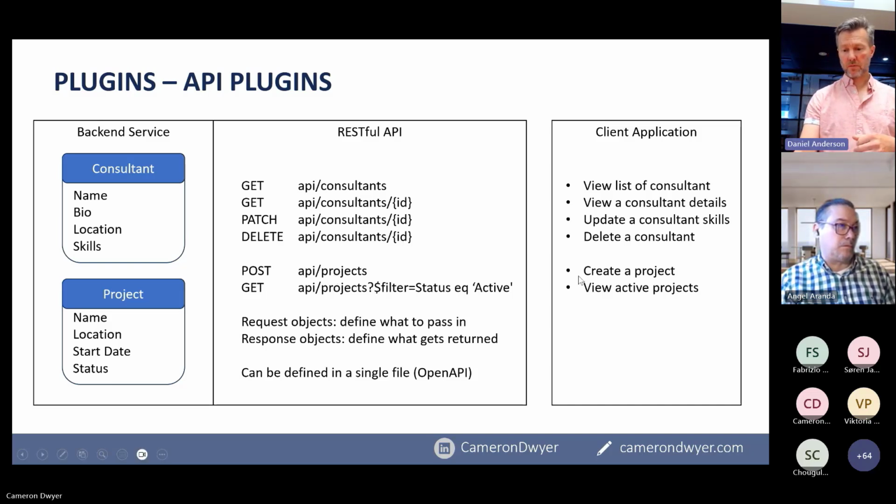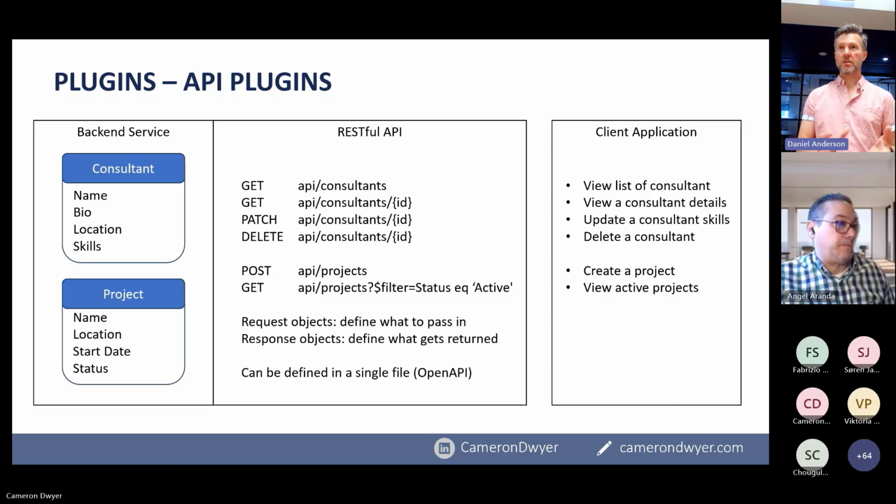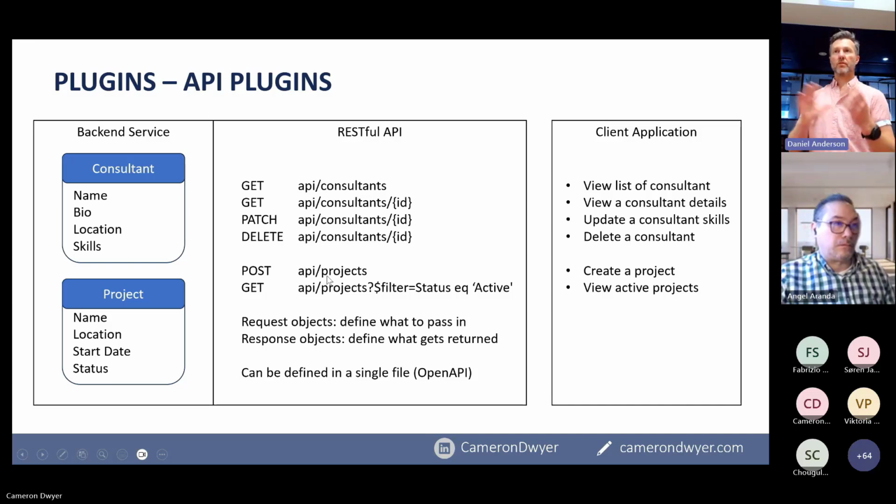That's also true if you come down here to creating a project: you do a post operation. If we were to do a get operation against that, it would give us a list of all the projects. If we do a post operation, then that's how we create one. What's also defined in this definition is that for some of these operations, probably all of them, you either have to supply some information, which we call the request object, or when you call it, you get something back, which is called the response object. So an example of a request object would be doing a post. If I was doing a post to create a new project, then in that request I would have to post up all the details that are required to create the new project.